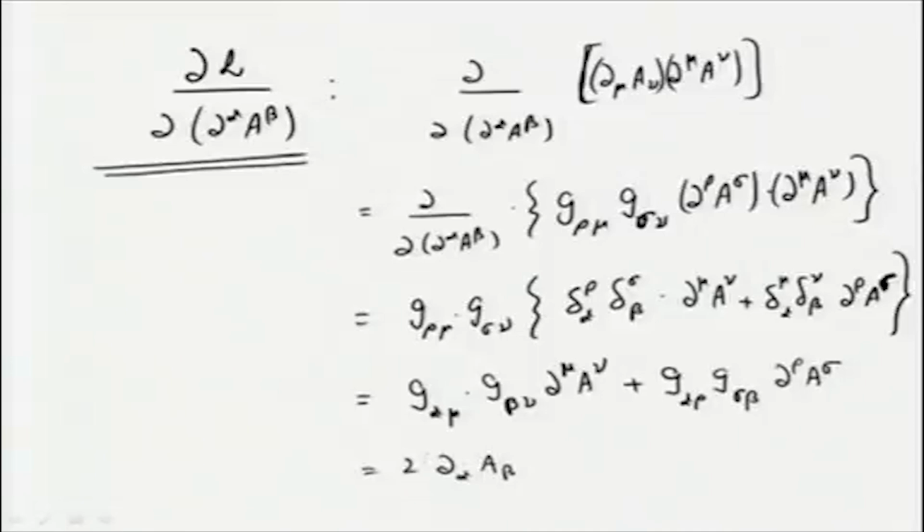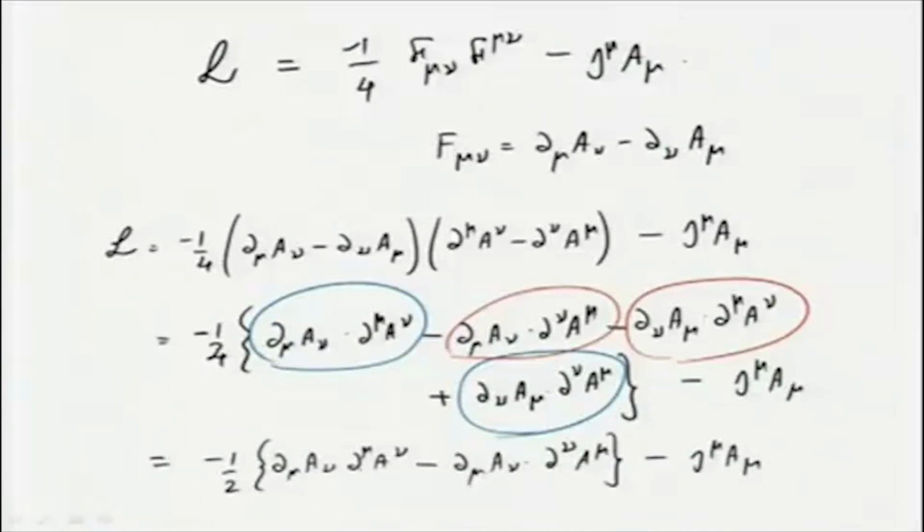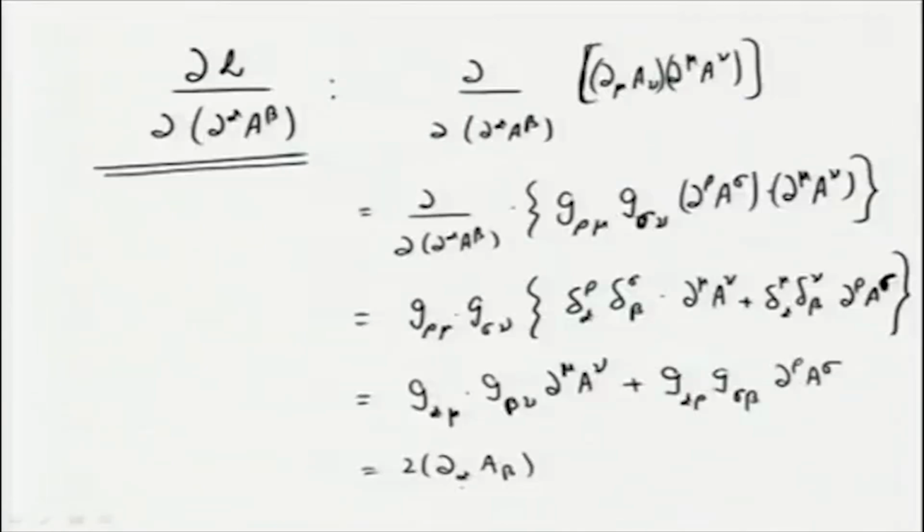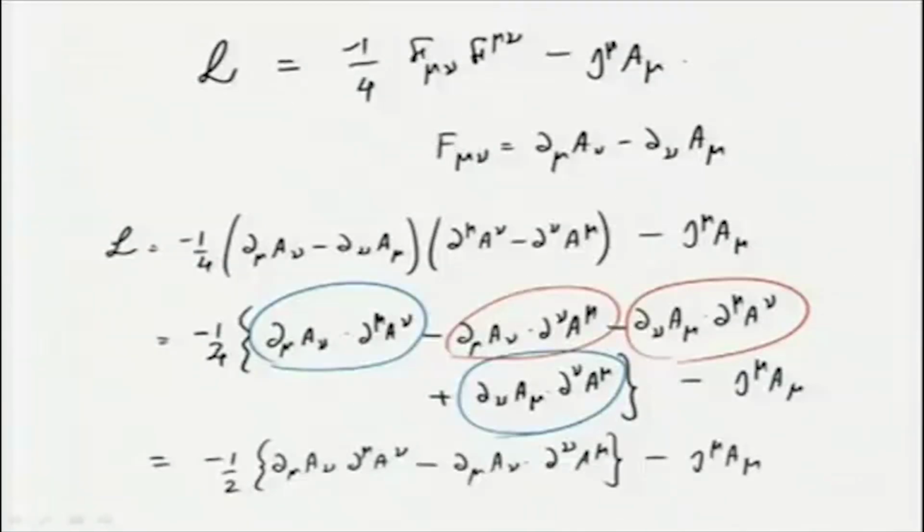So, this is twice this. So, the first term here will give you twice ∂^α A^β, and do a similar analysis, and you will see that the second term will give you